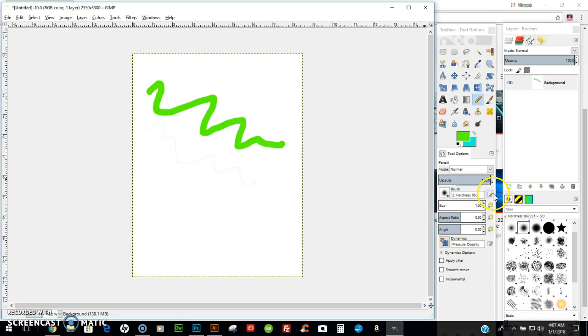Kind of light, can't really see it, but we'll bring it up just a tad bit. Now 10 is a standard, so you can see that right there. Okay,